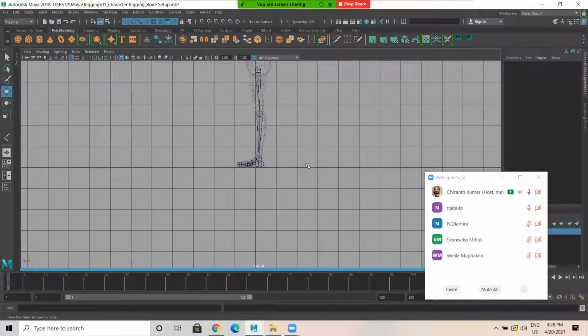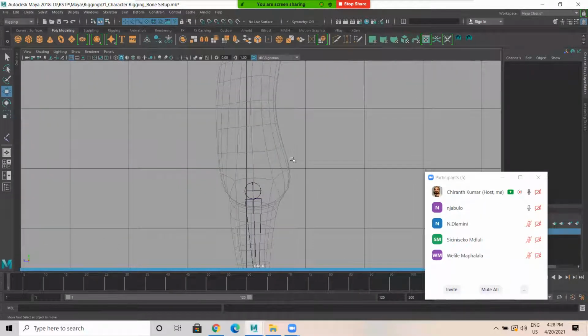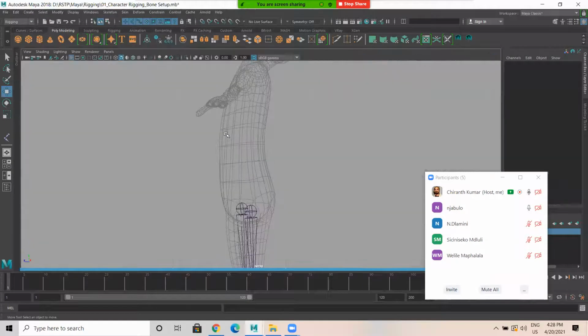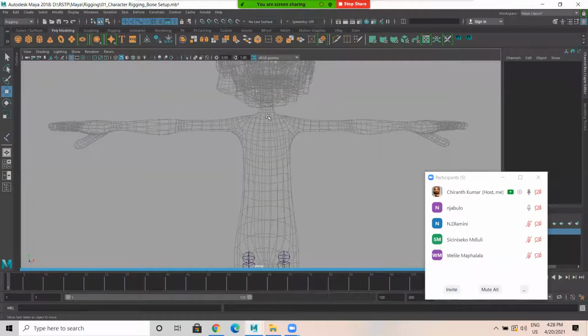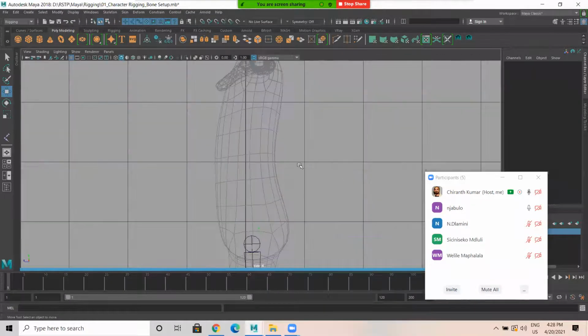Let's start. So go back to side view again. Another technique I'll show you. Here is the chest part and here is the shoulder. See, shoulder is here. For both the shoulders, there is a connector here. So below this there is a chest. Then it's an abdomen and lower abdomen. Below that there is a cog, center of gravity, or you can call it pelvis. Here it's like the neck part, then base head. So let's do here.